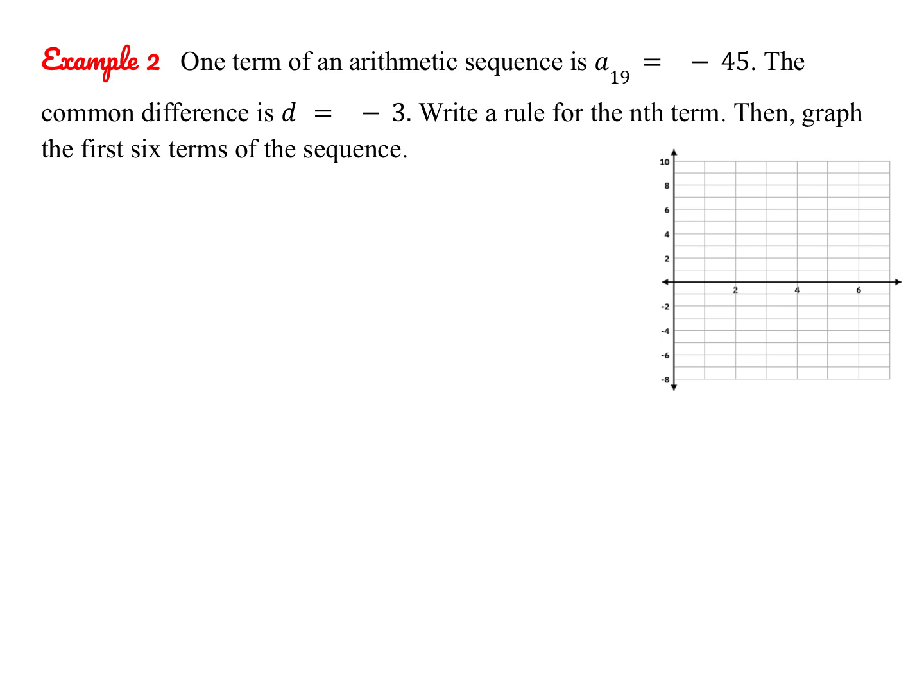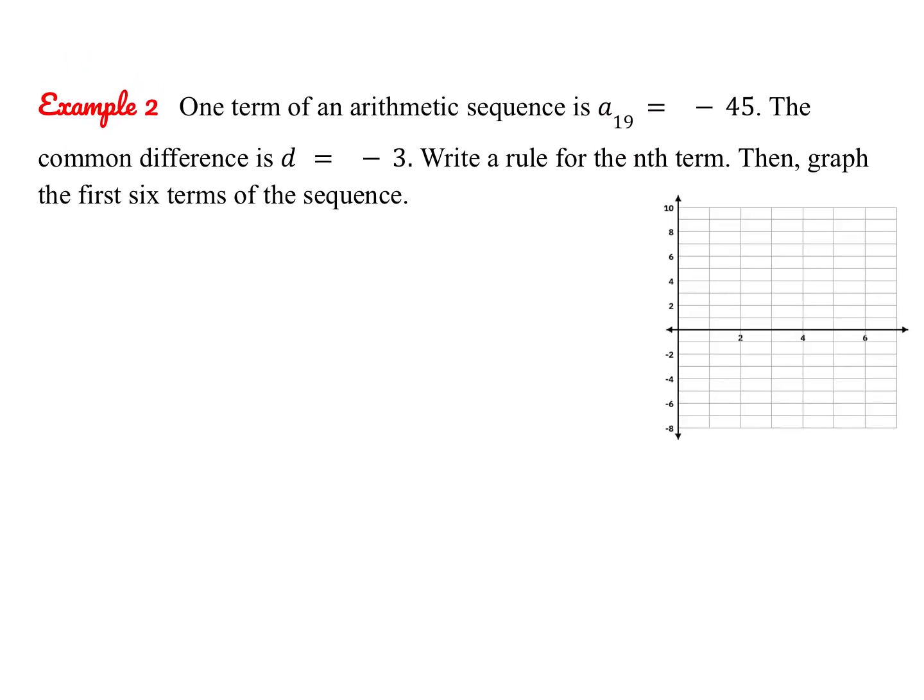All right, let's try another one together. So here we are told that one term of an arithmetic sequence is a sub 19 equals negative 45. So that's telling us that the 19th term is negative 45. And they tell us the common difference is negative 3. We're going to write a rule for the nth term, and then we're going to graph the first 6 terms of the sequence. So if you look back at our formula,